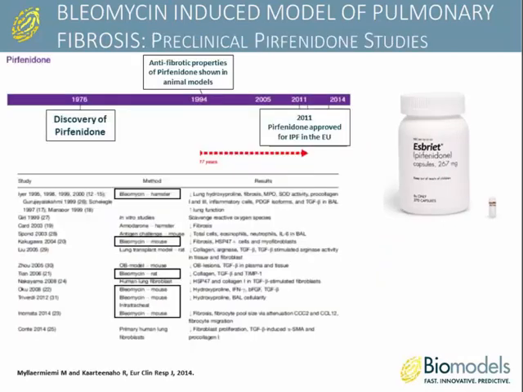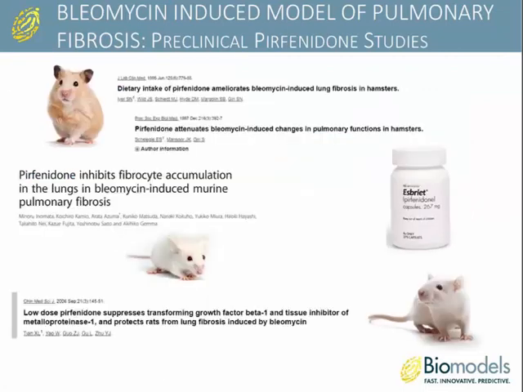As you can see here, this is a brief history of the development of pirfenidone. It was discovered in 1976. Its antifibrotic properties were not shown in animal models until about the mid-90s. As you can see with this list of different animal models that was used, the bleomycin-induced lung fibrosis model was quite an important model for the progression of this drug development. These are just a few of the publications that initially showed the effect of pirfenidone in hamsters, mice, and rats, showing their antifibrotic